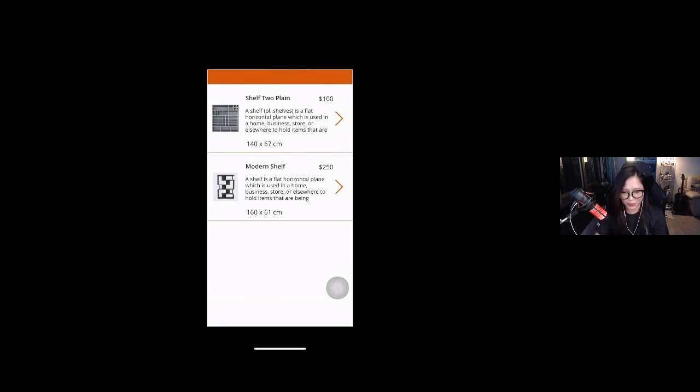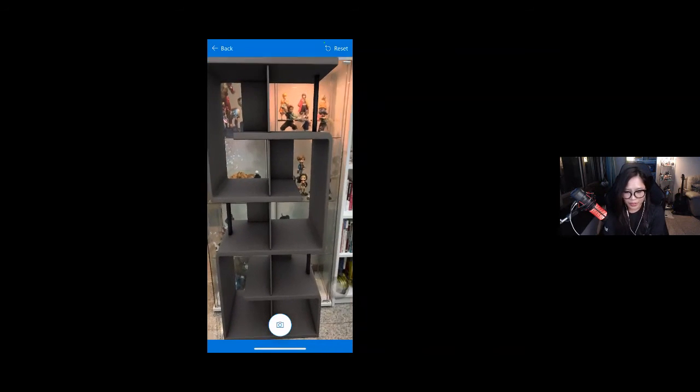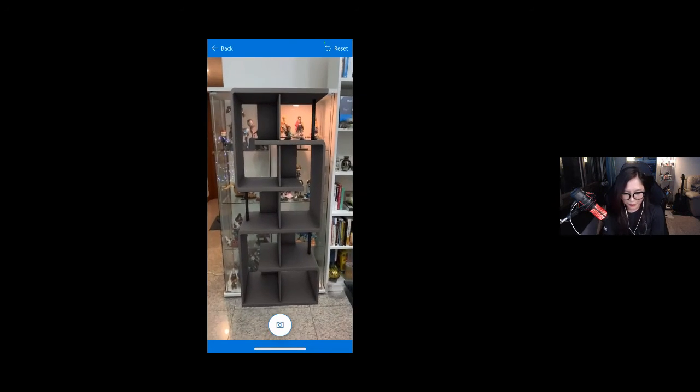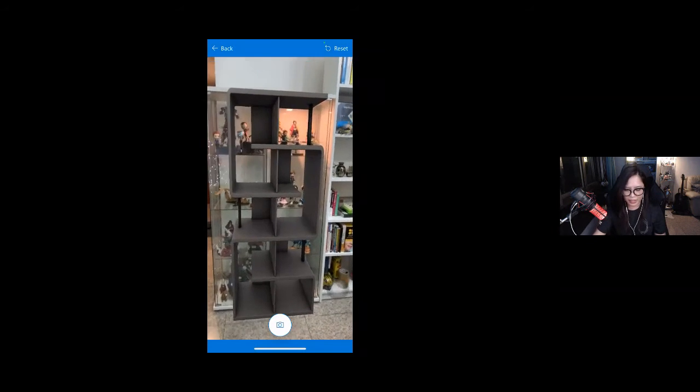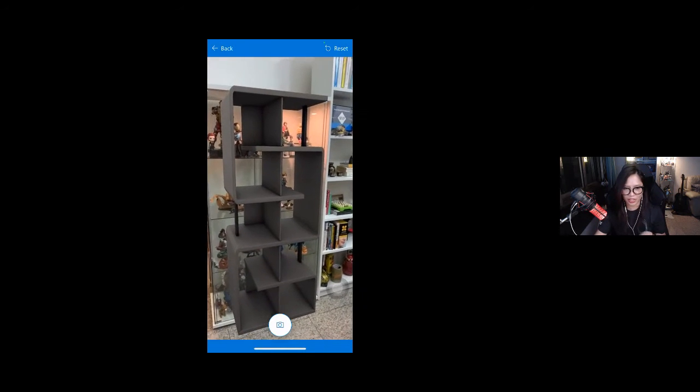So I'm going to browse the available measurements and the furniture that are available with the measurements that I get. And then to view the 3D object, we place that object into the mixed reality using the view in MR component. And you can also take screenshots from there.